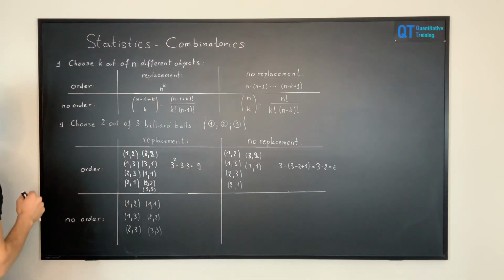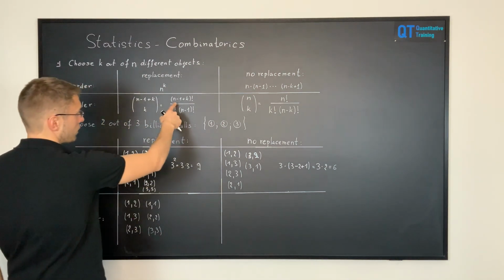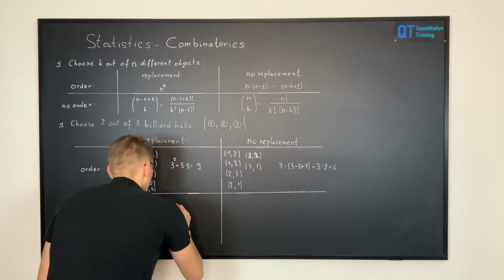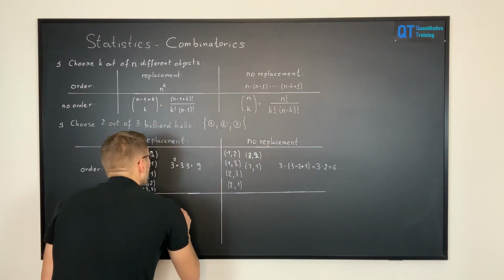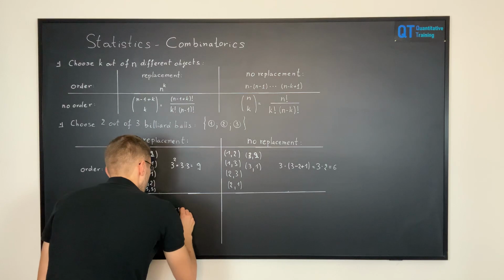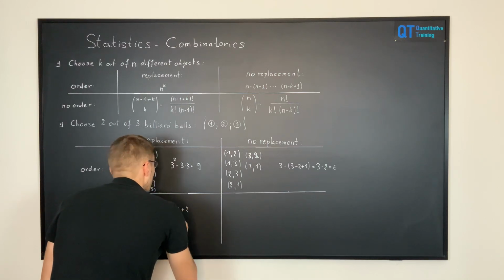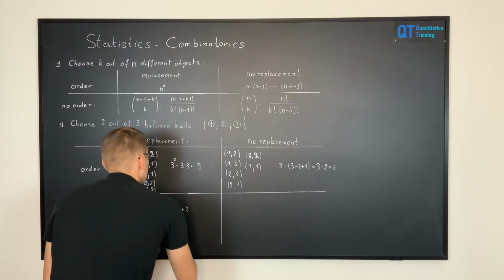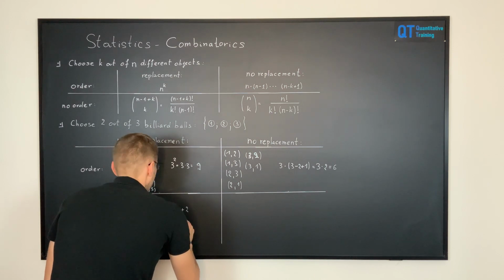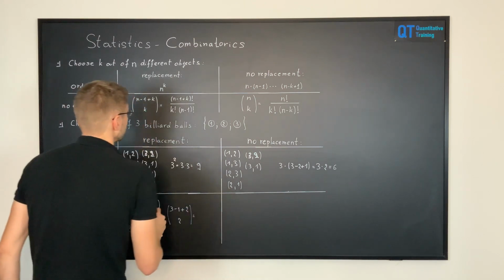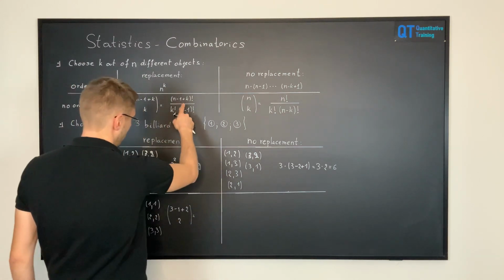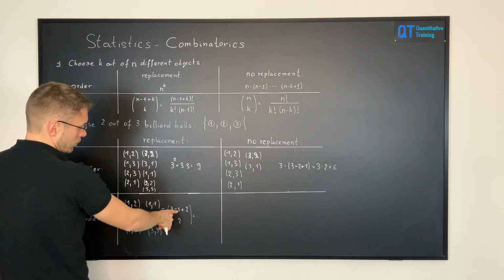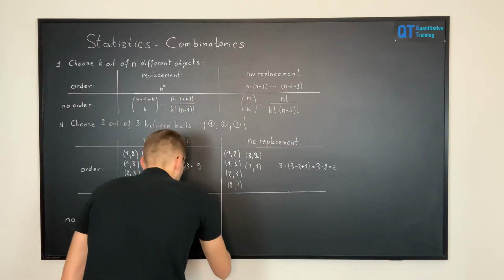Okay, let's check with the formula. So this time we have the binomial coefficient of n minus 1 plus k, which is 3 minus 1 plus 2, over k, which is 2. This is equal to 3 minus 1, which is 2, plus 2, which is 4 factorial,